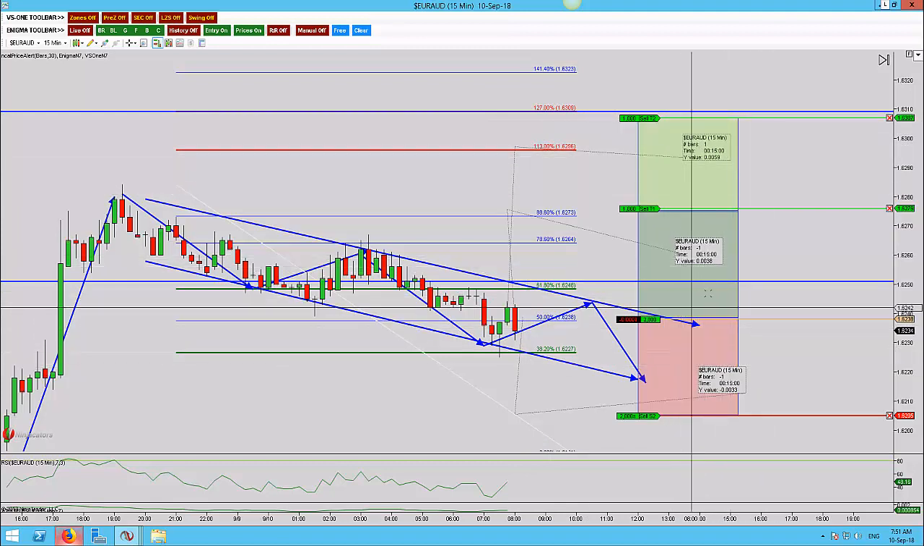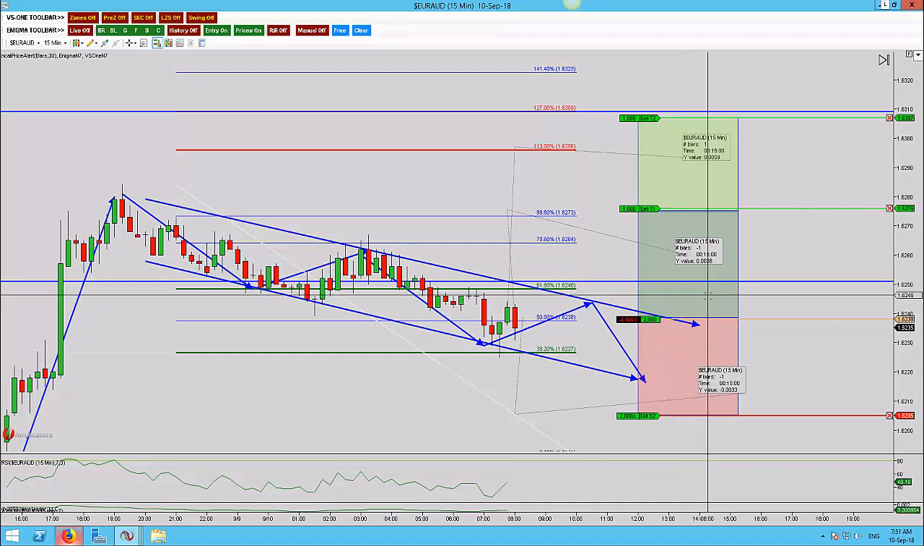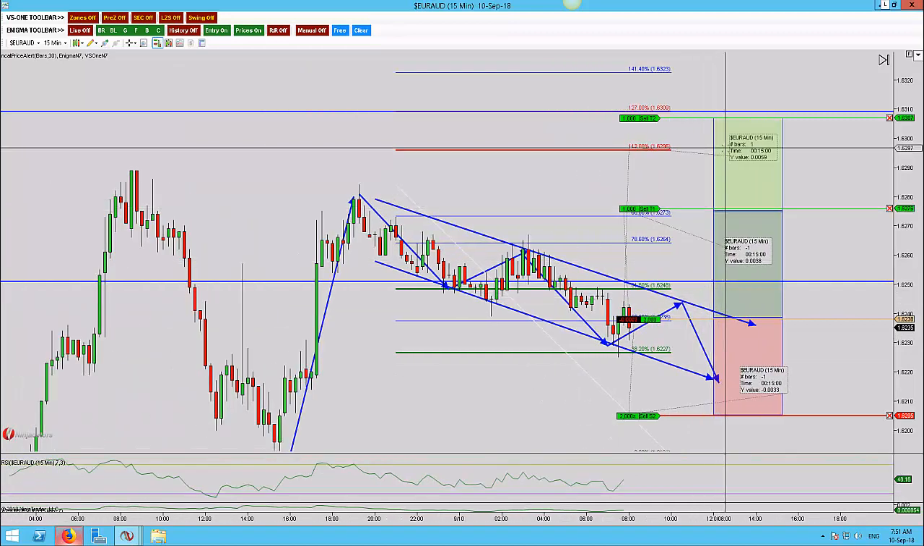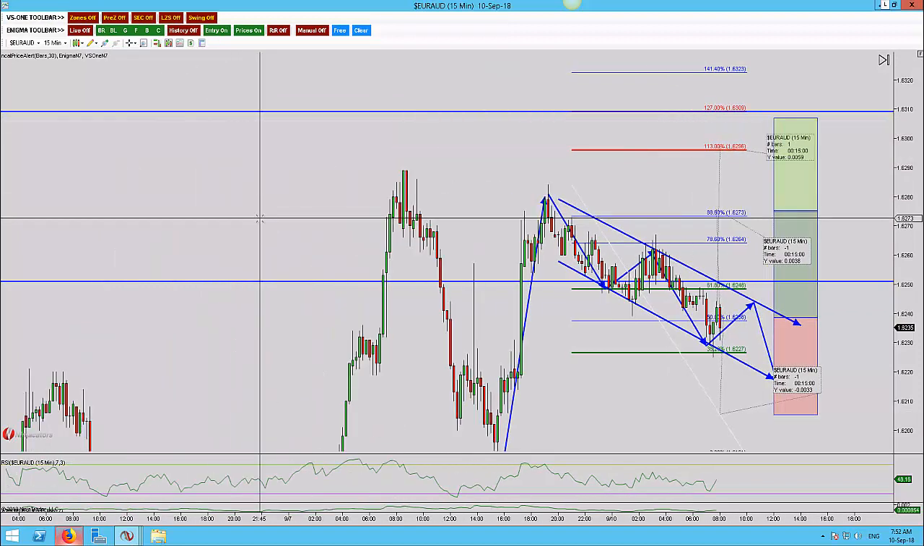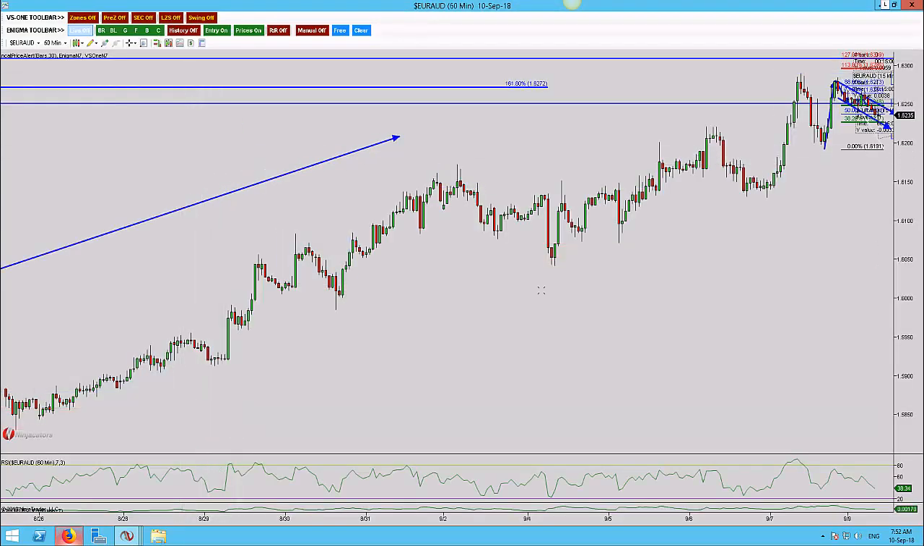So just over a 1-to-1 risk to reward here. However, high probability trade. Just one other thing I want to touch on. Let me remove the orders here, and that is if we take a bigger view of what the market is doing,